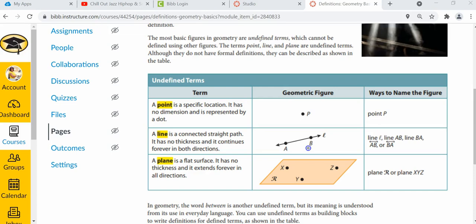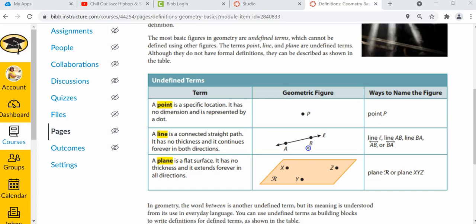Next, we have a plane. A plane is a flat surface, and it has no thickness and extends forever in both directions. So this is an example of a plane. It's just a 2-dimensional space. It's a flat surface, has no thickness, and it will go forever up, down. It will go forever left, right,